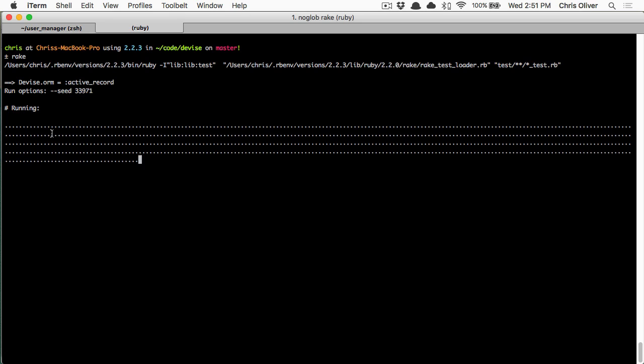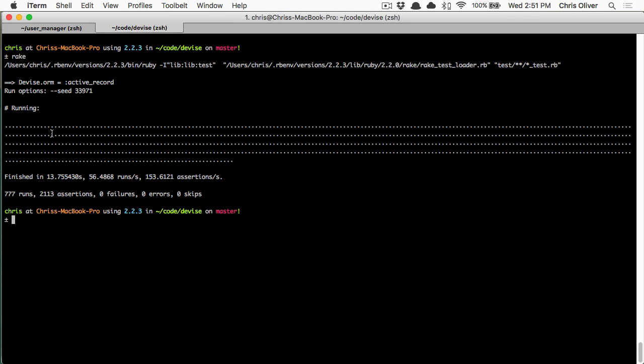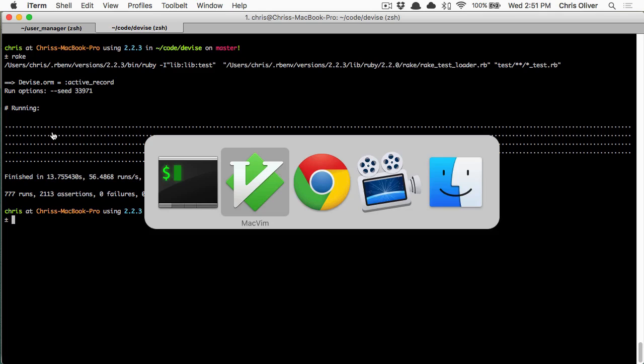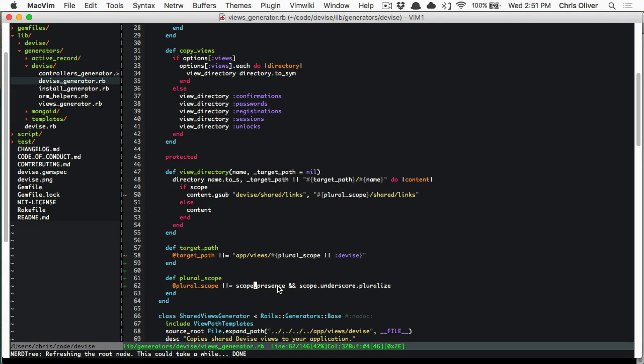So that seems to have maybe done the trick. Awesome, it did. So that presence check is really cool. Definitely look at the source code for the presence method in Rails. I'll include a link to that in the show notes just so you can take a look at how that works. But it is going to be doing a check to see if it exists behind the scenes, but you don't have to see that in your code, which is part of the beauty of all the methods and helpers that Rails gives you, so that your code can be a little more declarative instead of having to have conditionals